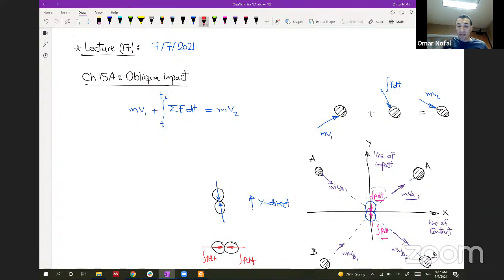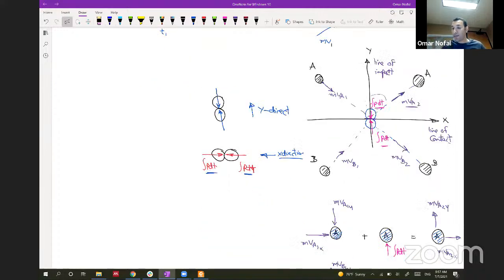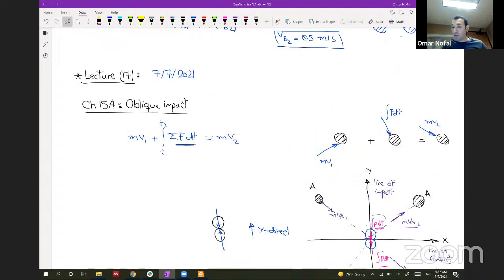So when we are talking about the system, this one will be equal to 0 because all the forces will cancel each other. So here in x direction, there is no impulse because they cancel each other if we are talking about the system. But if we are talking about single bodies, we have this amount of impulse. So let's solve in y direction where the impulses cancel each other. So let's put here 4 in y